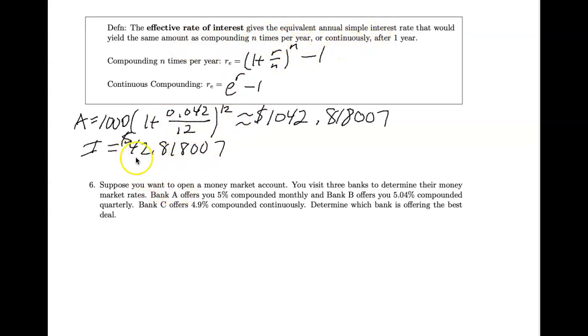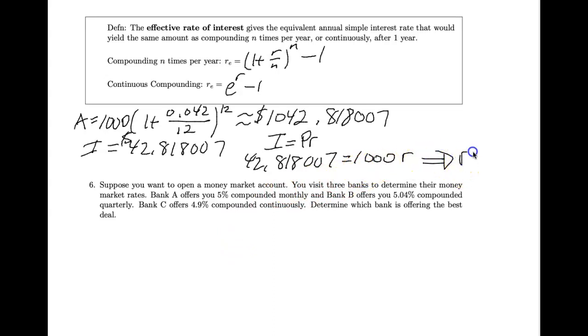That is, if this is our interest, and if we use the simple interest formula, I equals PRT, but we know that T is going to be 1, we can solve for R. So we'll get 42.818007 equals 1,000 times our R. And so this answer divided by 1,000 is going to give us the interest rate. R equals